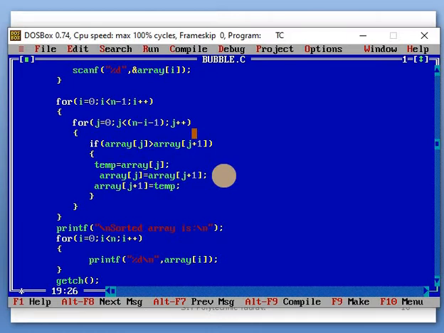In this case, if array[j] is greater than array[j+1], this symbol is the only thing to change. In ascending order, it checks whether the 0th position is greater than the first position, but in descending order, it checks whether the 0th position is less than the first position. Only this symbol is changed. Okay, let's save it